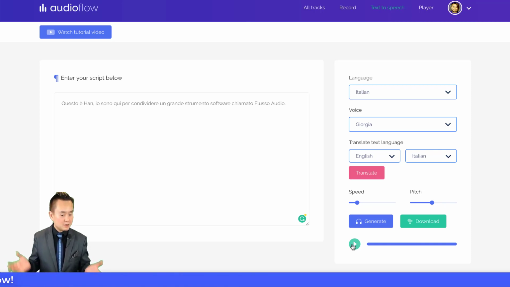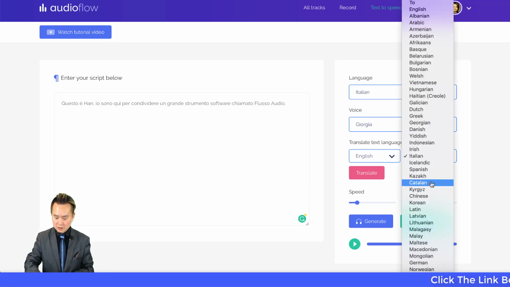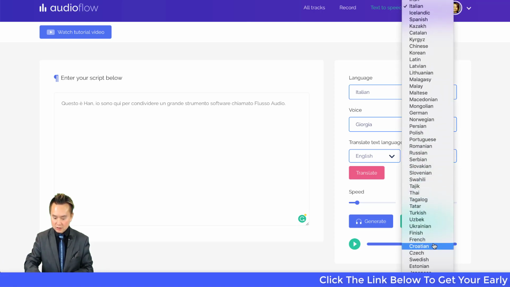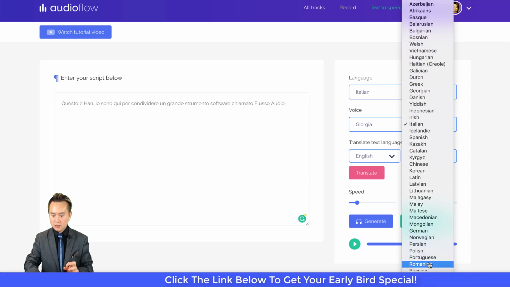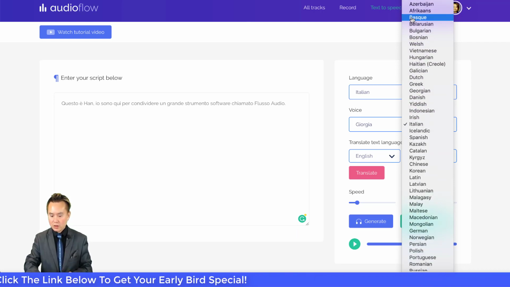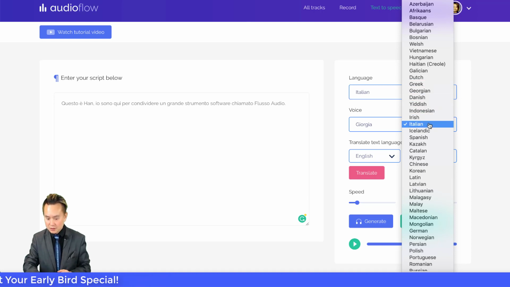All right, so I don't speak Italian, so I'm going to assume that is correct, but I do speak Chinese, so I asked this thing to translate into Chinese, and it does. One thing I really don't like about this is how disorganized it is. I mean, this is not in alphabetical order at all. It's like C's here.